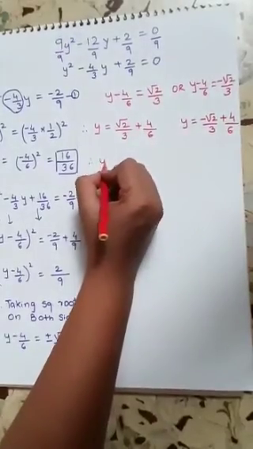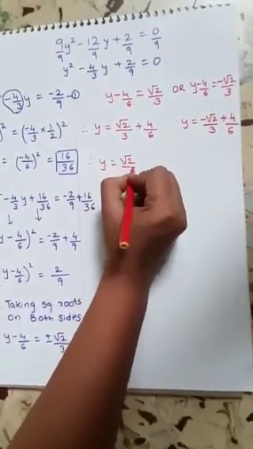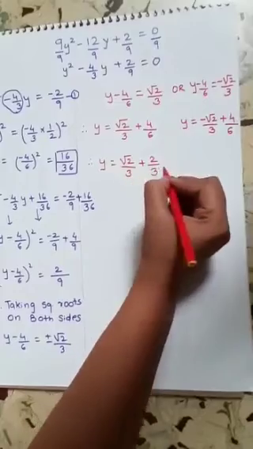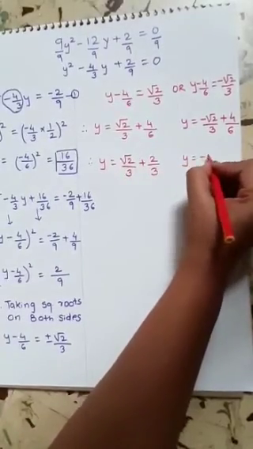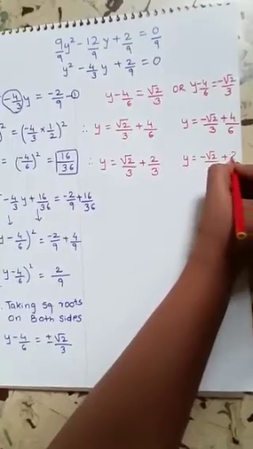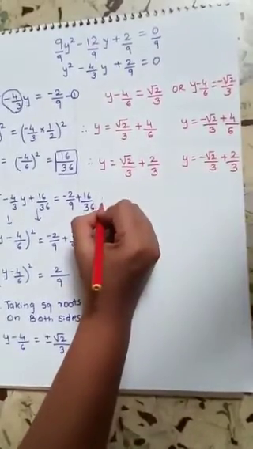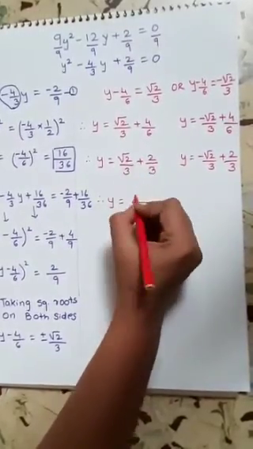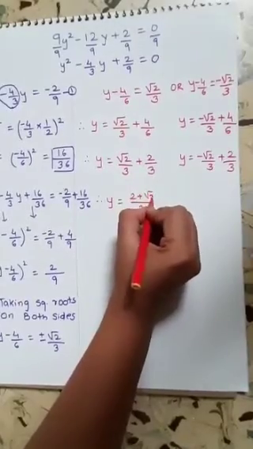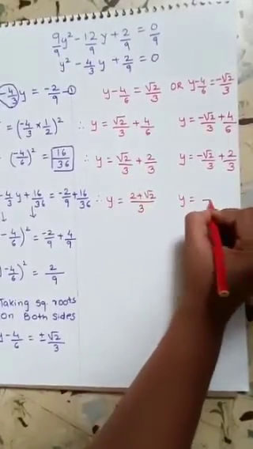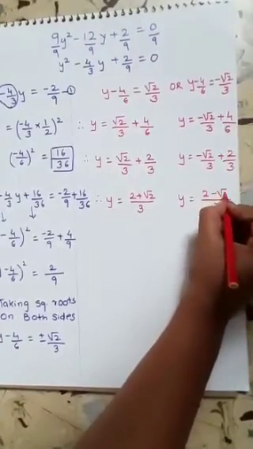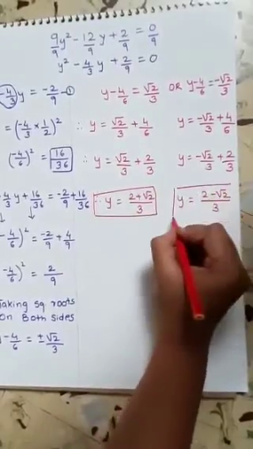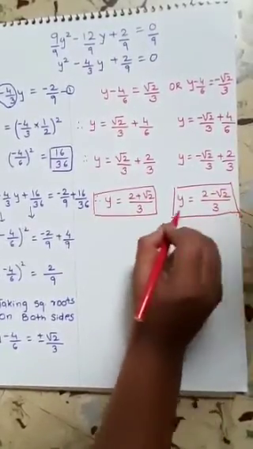Okay, therefore, y is equal to root 2 upon 3 plus, I'll just divide it by 2, so it's going to be 2 upon 3. And y is equal to negative root 2 upon 3 plus 2 upon 3. Next, that's it. Y is equal to, therefore, denominators are same. Just put it once. Write it directly. Y is equal to 2 plus root 2 upon 3, or y is equal to 2 minus root 2 upon 3. This is your solution. You found the value for y. Okay, so this was all about completing the square method.